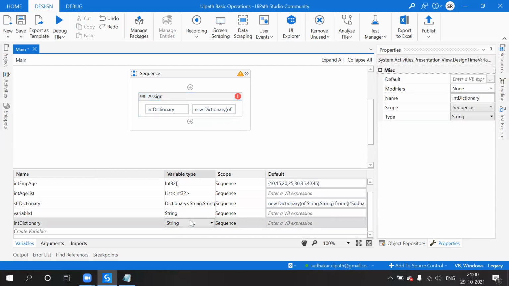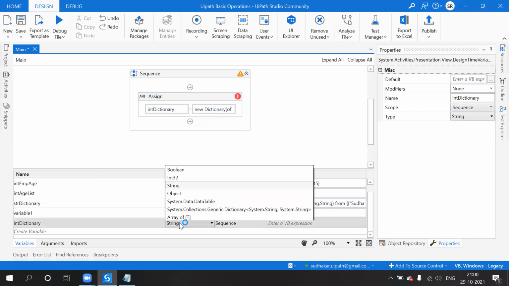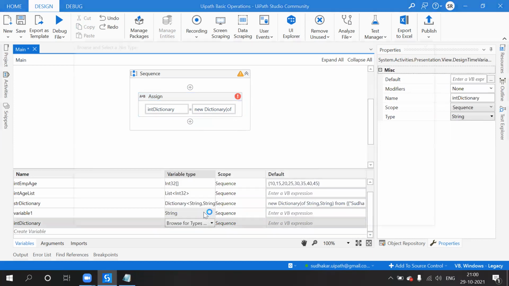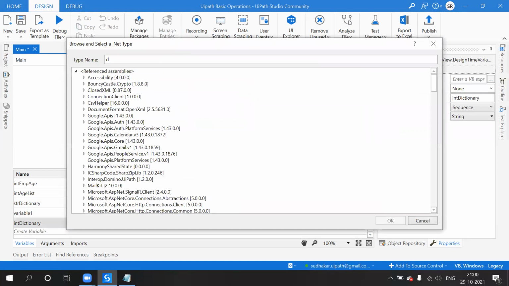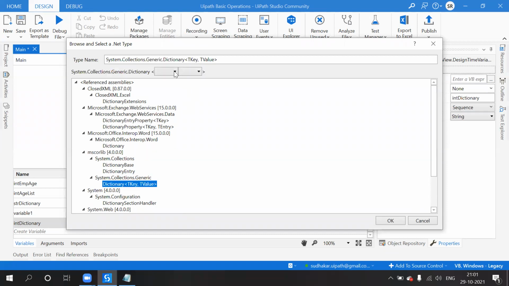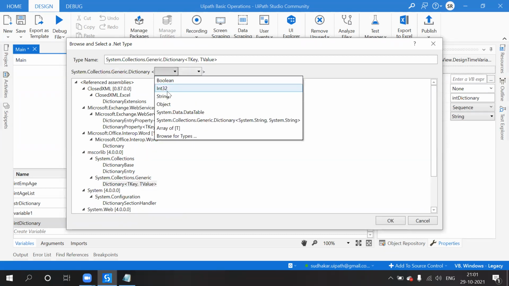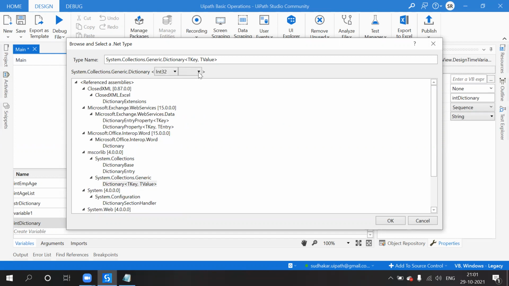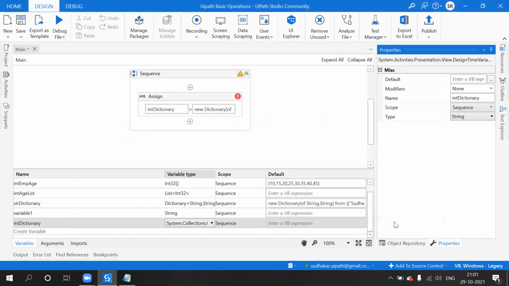Come here and go to browser types, and select dictionary. What is the type I have selected? The first one is integer, the second one is string. So this is the combination.